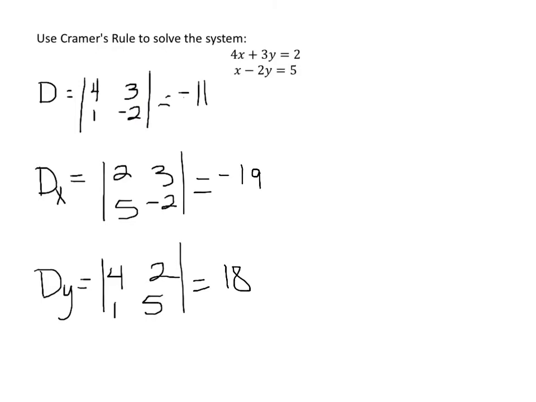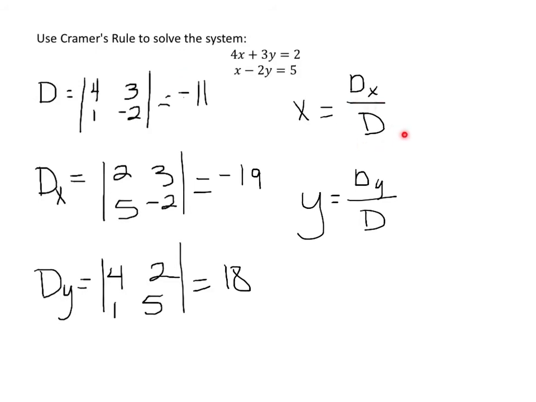The way we're going to use this to calculate x and y coordinates is that the x coordinate is equal to d sub x over d, and the y coordinate is equal to d sub y over d. That's why, if your determinant is 0, this doesn't work because you have 0 in your denominators. So d sub x over d ends up being 19/11ths, and d sub y over d ends up being negative 18/11ths. So your solution